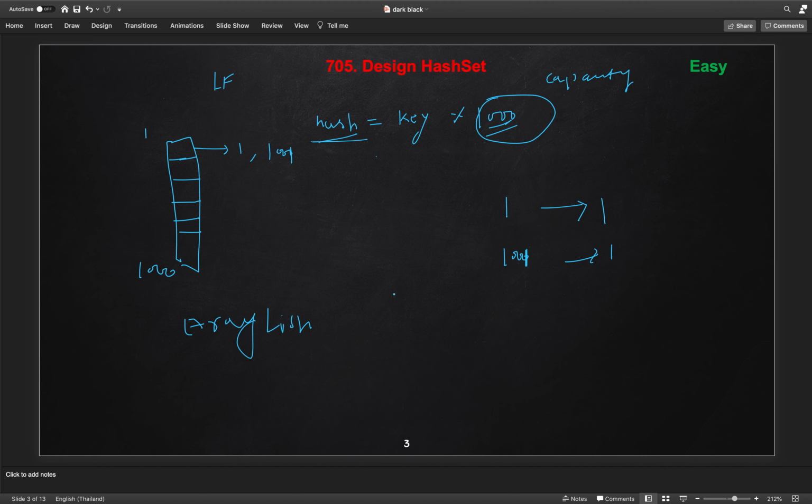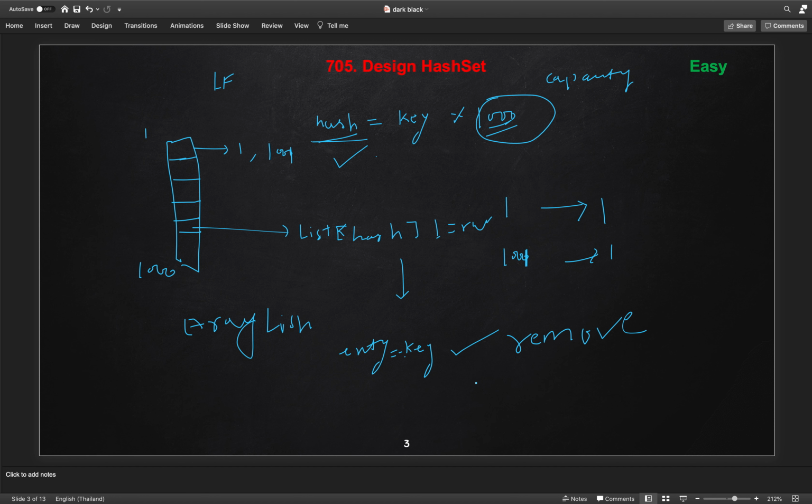For remove, first we again get the hash using the modulo of the key, then fetch the list from that hash index, and check if it is not null. If it is not null, then we will iterate over all the elements using an iterator over the list and compare whether any iterator item is equal to our key. If it is, we will remove that item from our list using iterator dot remove. So this is the remove functionality.